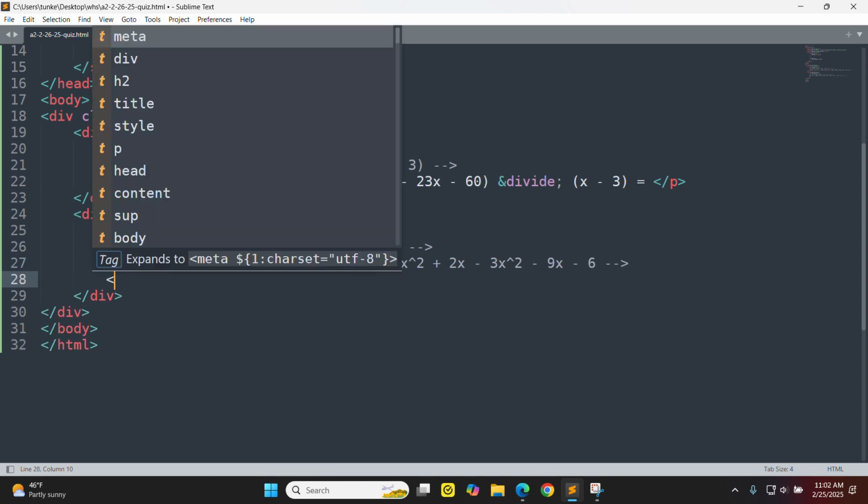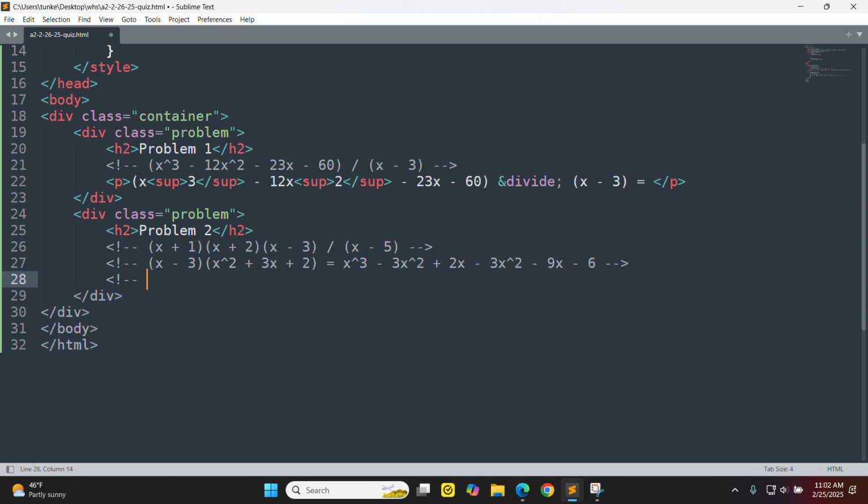Okay, and let's just keep going down here so I can see everything. So if we combine everything, it's going to be x cubed, and we got a minus 2 minus 3x squared, so minus